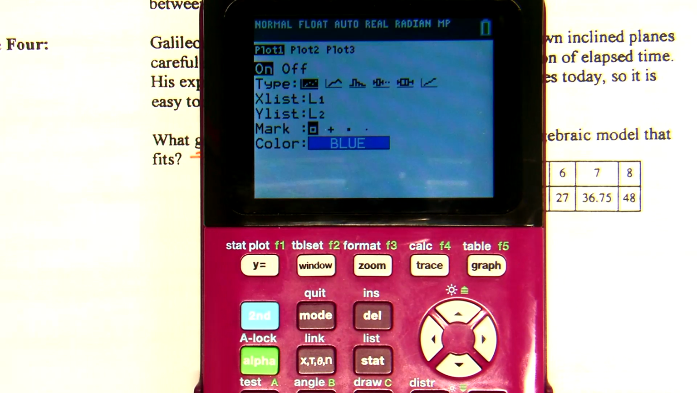We're trying to look at dots, so we're going to keep the type on the first one. Think about what numbers we had in our list, right? We had our x values. The top row of the chart was in L1. So this is probably already preset for you, right? I am in